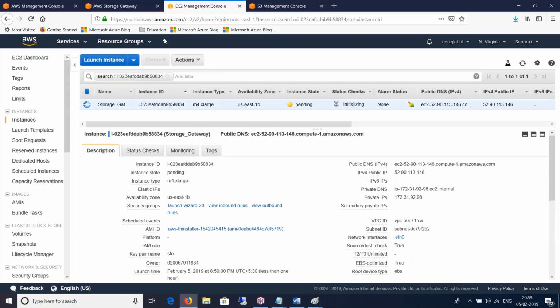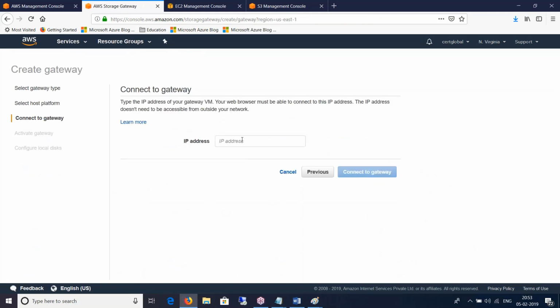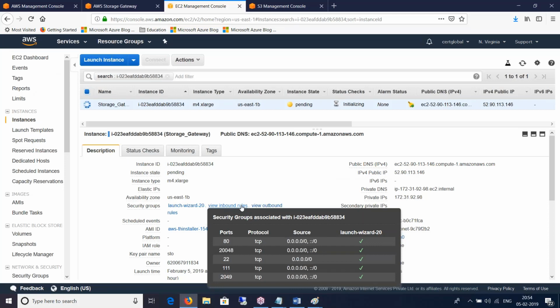All right. What we have to do here is click next, and then what it asks you is the public IP address, the public representation of your storage gateway. It says type the IP address of your gateway. Your web browser must be able to connect to this IP address. The IP address does not need to be accessible from outside your network, right? So what I did when I was configuring the inbound rules is, although I've given the ports properly, I said allow it from anywhere, which is not a right configuration.